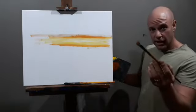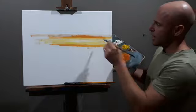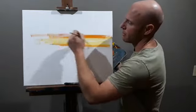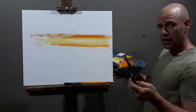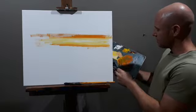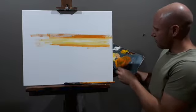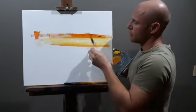Again, you know that this is a lighter color that we've got in here, so it won't be a problem putting that into the darker color, and I'm going to go in and I'm just going to think, oh there we go. But that's taking too long. So what we're going to do is use the palette knife, which is like grading a road. I'm going to take that color, all of it, which is going to come in here, and I'm going to just put it on the canvas